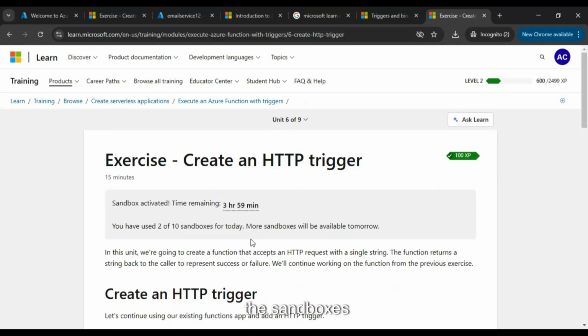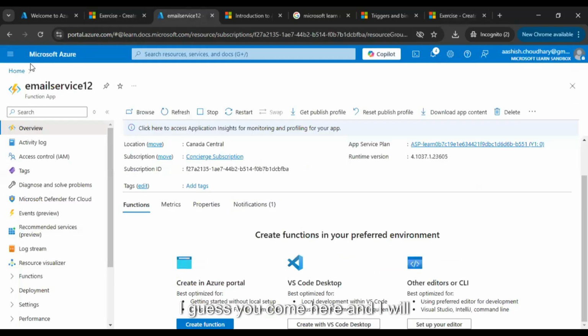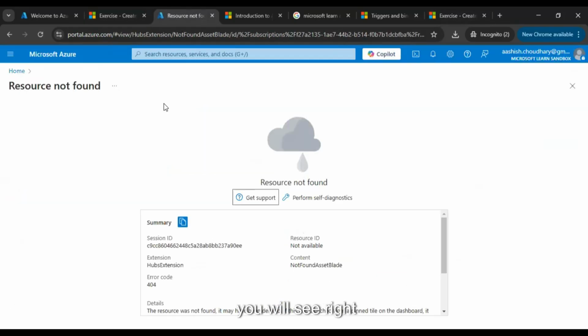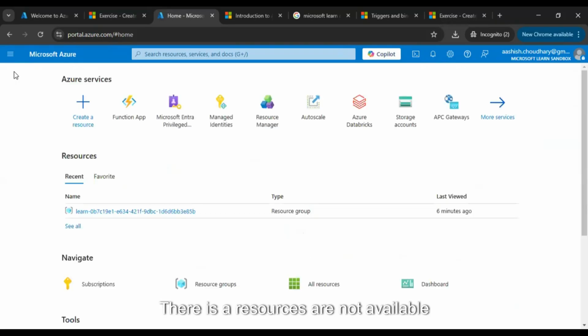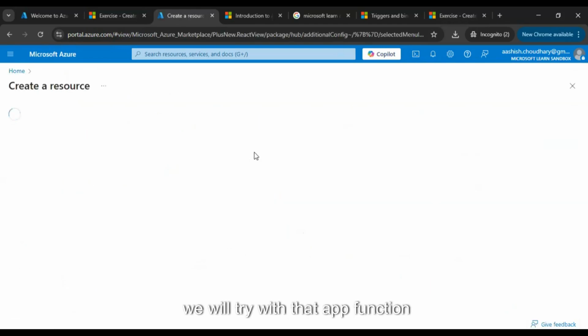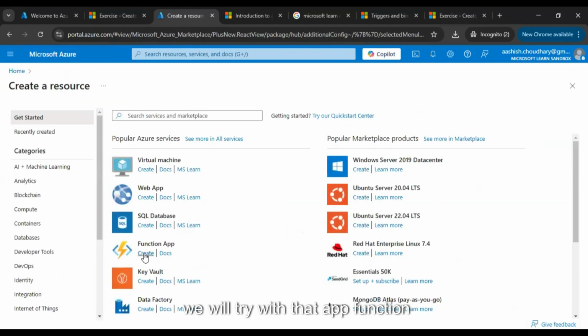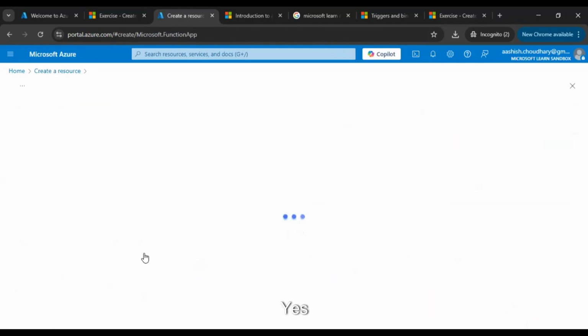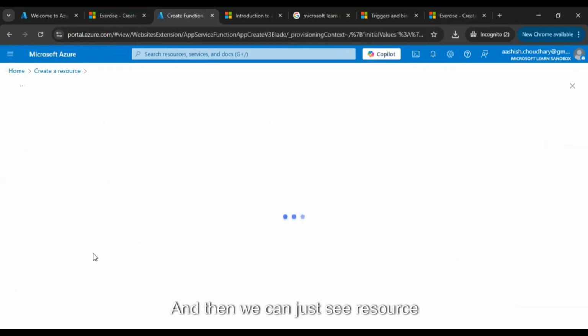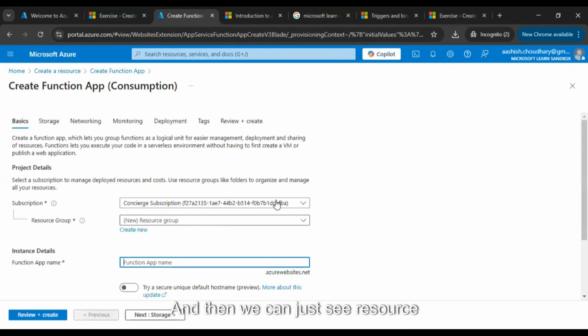Now this sandbox, we have a larger time, 3 hours. Again, I will come here and refresh. You will see there are no resources available, because they completely deleted these resources. Now again, we will try with that app function. They have given that new sandbox to us. Again, consumption, and then we can just see